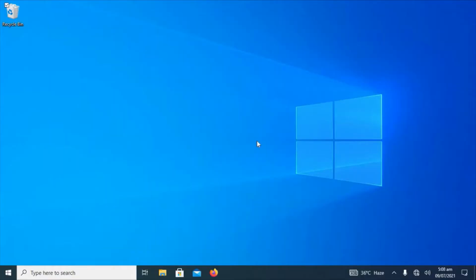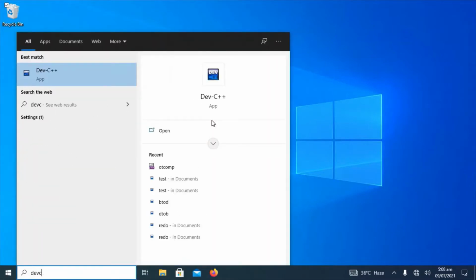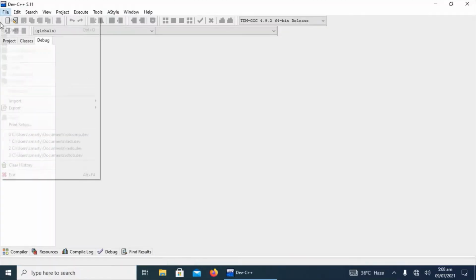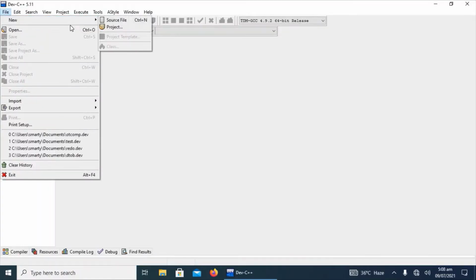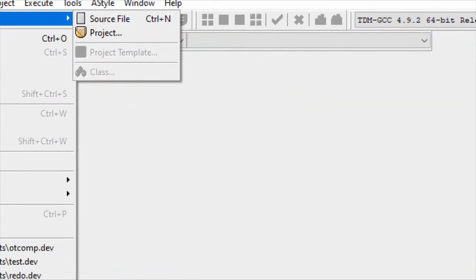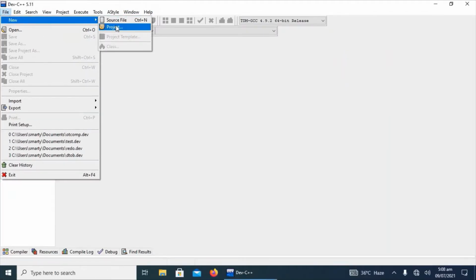Welcome. Today we are going to get ones and twos complement of a given binary number in C++. For this purpose, let's create a new project in Dev C++. As discussed in many other lectures, we are going to create a new project by selecting the File, New option and the Project option from the File menu.